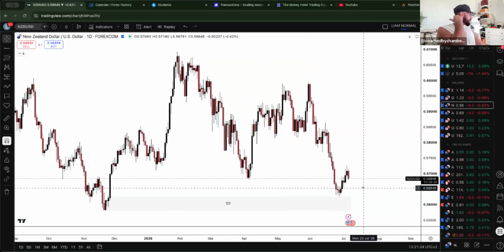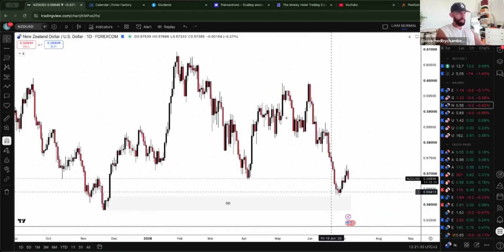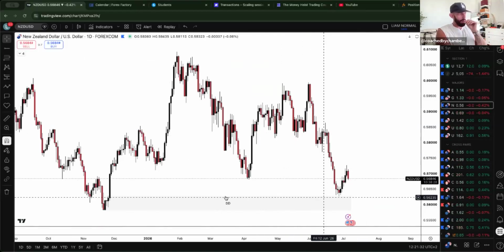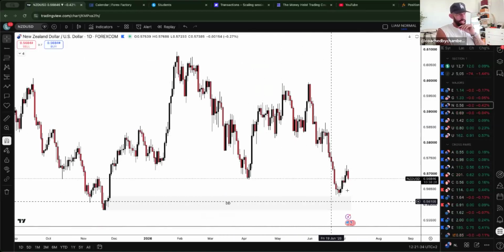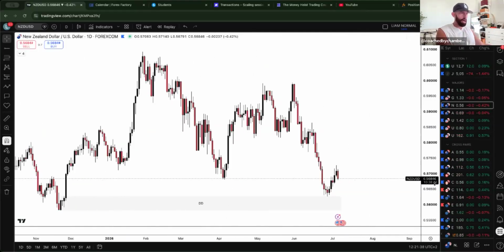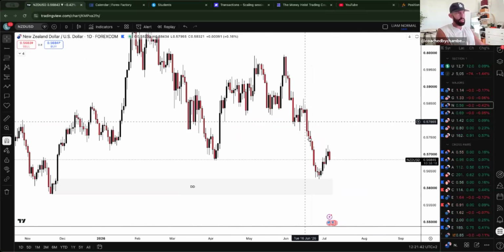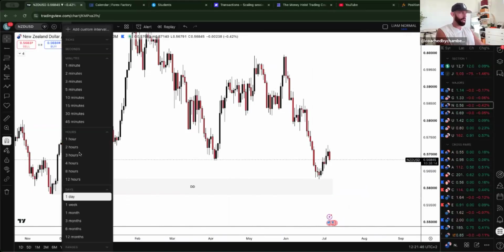So looking at NZUSD, of course, it's a little bit different to EU and GU. You can see the market's a lot different. We have reached this demand area here. You can see we tapped into that, filling the imbalance that we had here as well. So we obviously could carry on bullish from this area. Do I like the look of it? No, I don't, from a daily. So I can't really mark anything out.